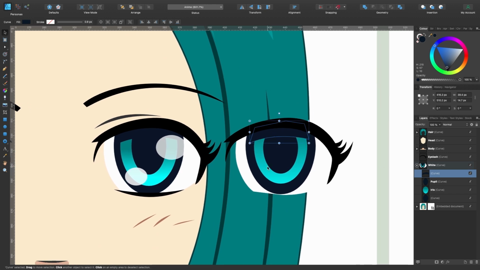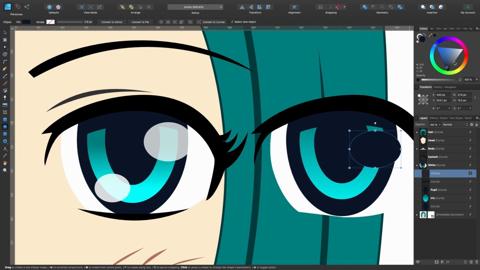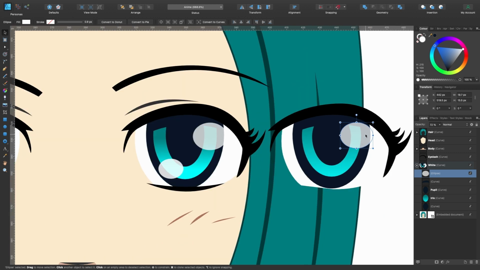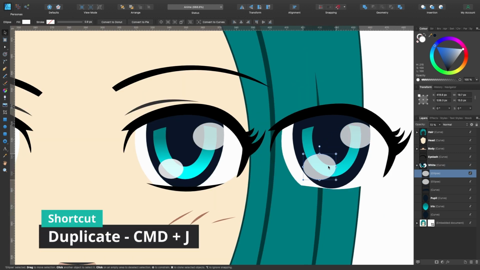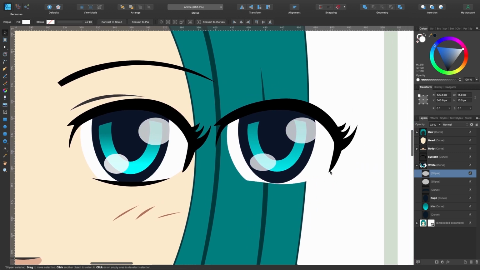So the next thing we need now is these reflections on the eye. So again, they're just egg shapes again. So I'll just grab our ellipse tool and I will click and drag somewhere like this. I'll make it white and I'll bring down the opacity. That looks kind of similar. I'll press V, the move tool, match it up to how that one is. And I'll just duplicate that again. So Command J to duplicate that, make it a little bit smaller. Okay, so that's the eye section done.